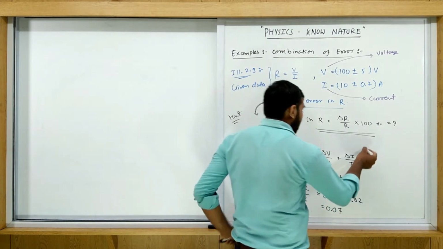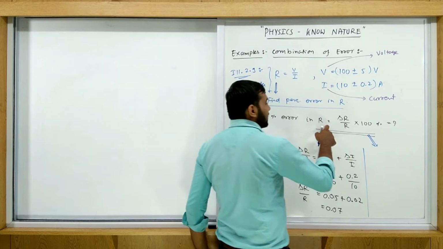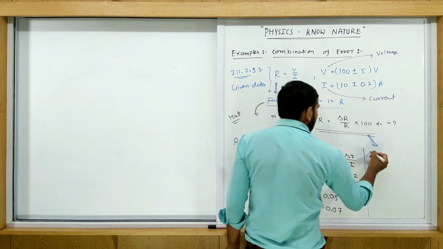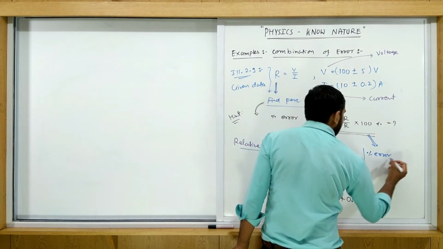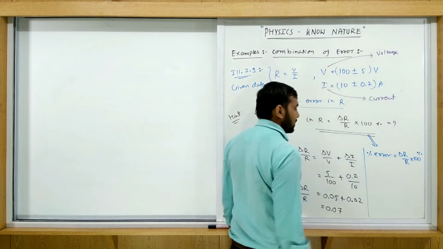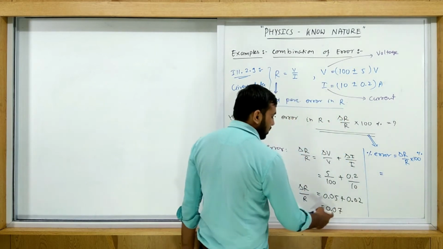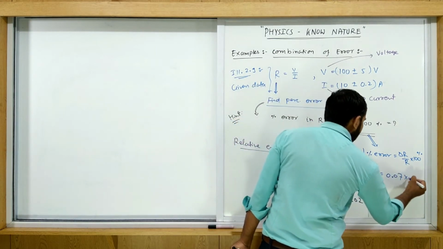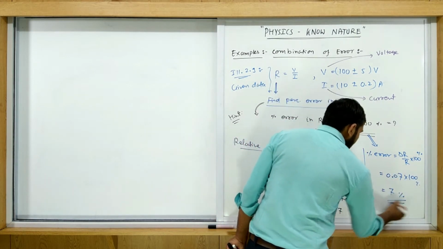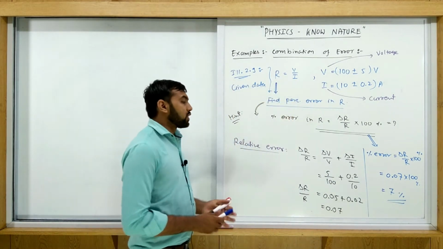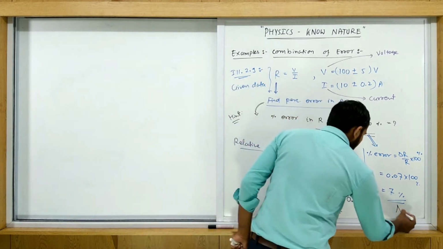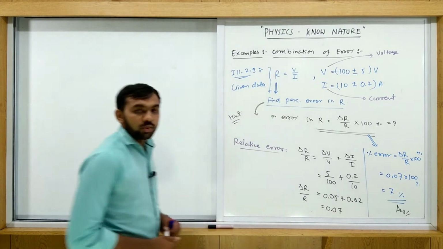We have to find the percentage error. So the answer will be the percentage error, delta R upon R. We have delta R upon R as 0.07, multiply here. So percentage error is equal to delta R upon R multiplied by 100%. So it is 0.07 multiplied by 100%. Multiply by 100. So in this example the percentage error is 7%. This is our answer. All of you must note this example in your books. Note it.